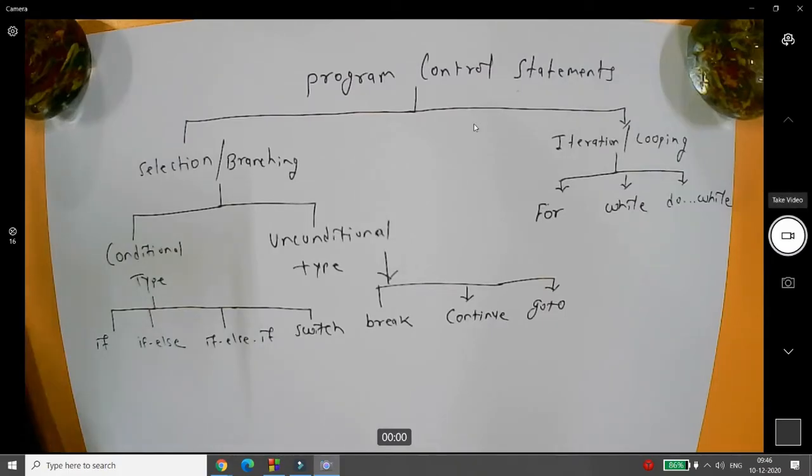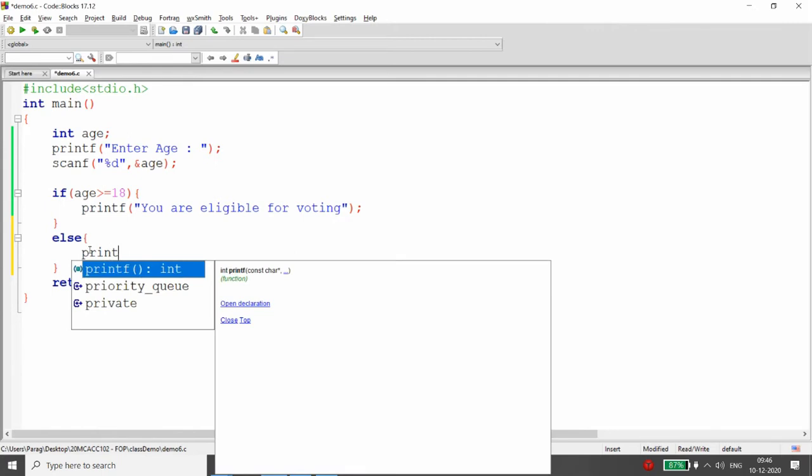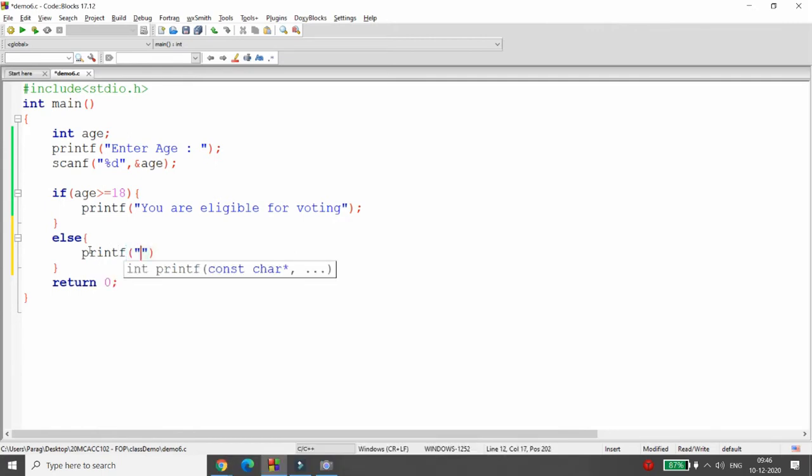But remember, there is one more statement available and it is known as if else. What is if else? Here you can write else. Else means what? If this particular condition is not true, then what do you want to do, right? So first it will check for the condition. If the condition is true, then this portion will be executed. If the condition is not true, then you can pass the message over here that we regret to inform you